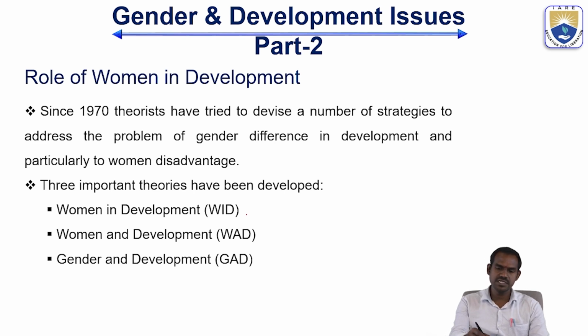The first theory is Women in Development, WID is the short form, the second theory is Women and Development, WAD is the short form, and the third theory is Gender and Development, GAD is the short form. Now let's look at each of these theories in detail. The first theory is